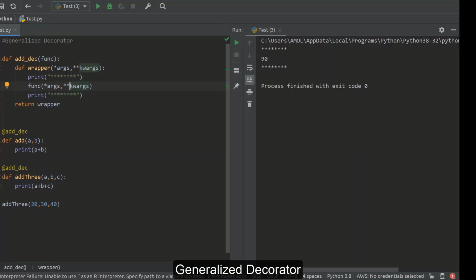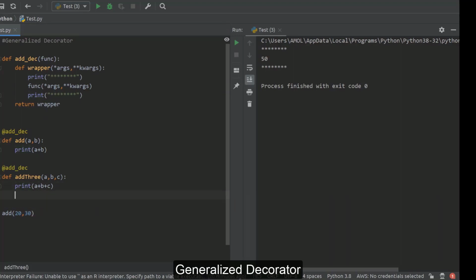It's a convention to use these two parameter names when you're going with asterisk and double asterisk over here, so we will also follow that. Now this decorator is working with add3 function, and you can use the same decorator for add function also. That's possible because now our decorator is a generalized decorator.